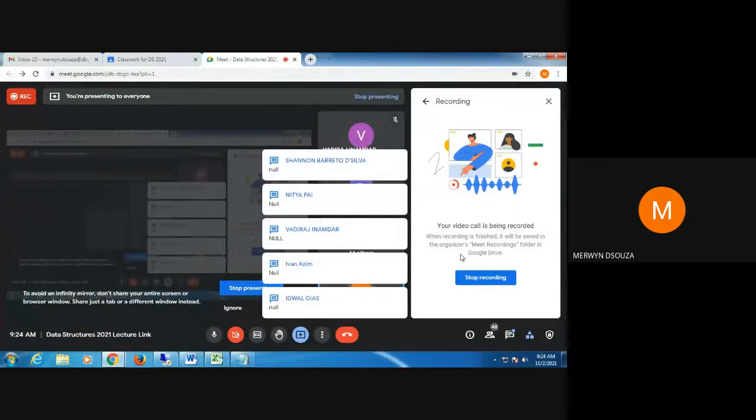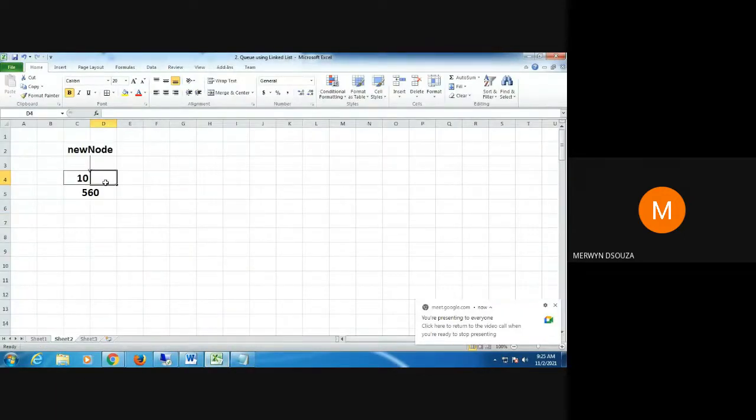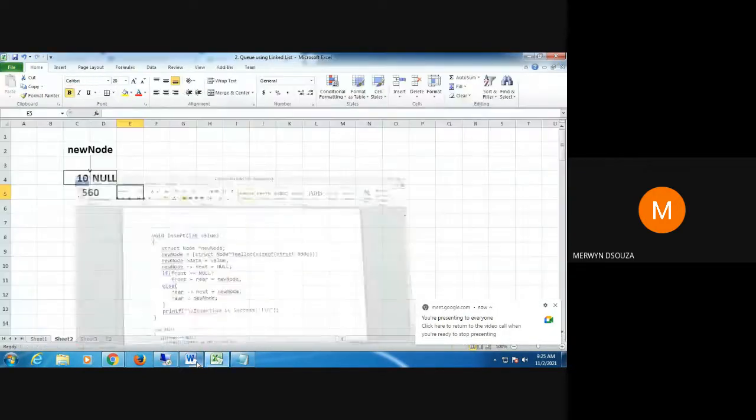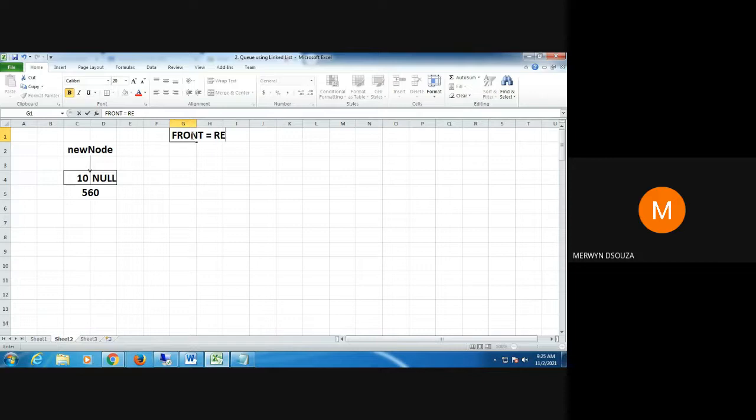The value should be null, correct? Therefore, in the next line of code, we say new node arrow next equal to null. So here we get null. Now I have filled in both the data part and the next part of my node. What needs to be filled are these 2 pointers. Now my front equal to rear is equal to null.